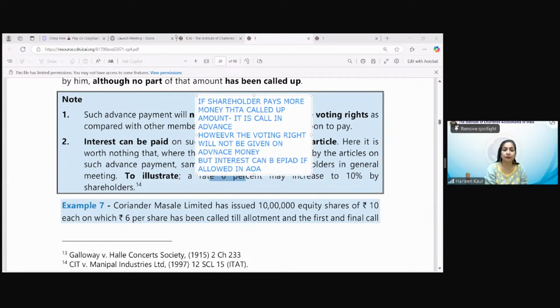Naveen Kumar, good. No, Anubhav, there is no denial of arrears in advance, which is paid up by a particular call. Absolutely correct. Everyone has written the correct points. Very nice.